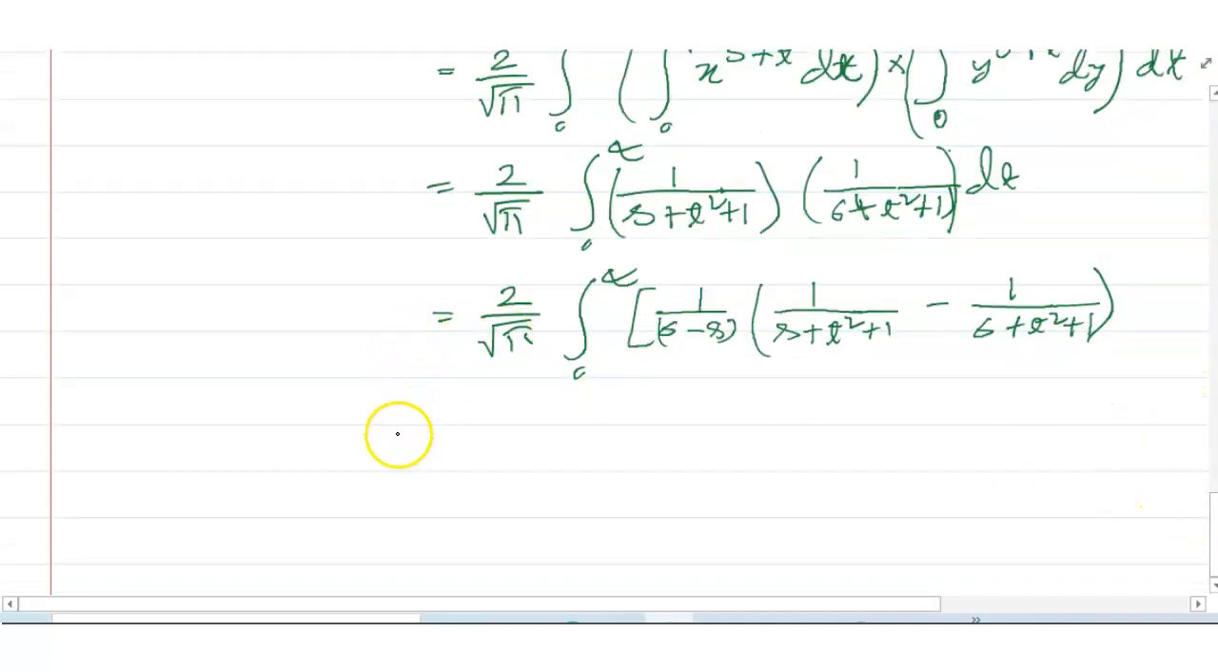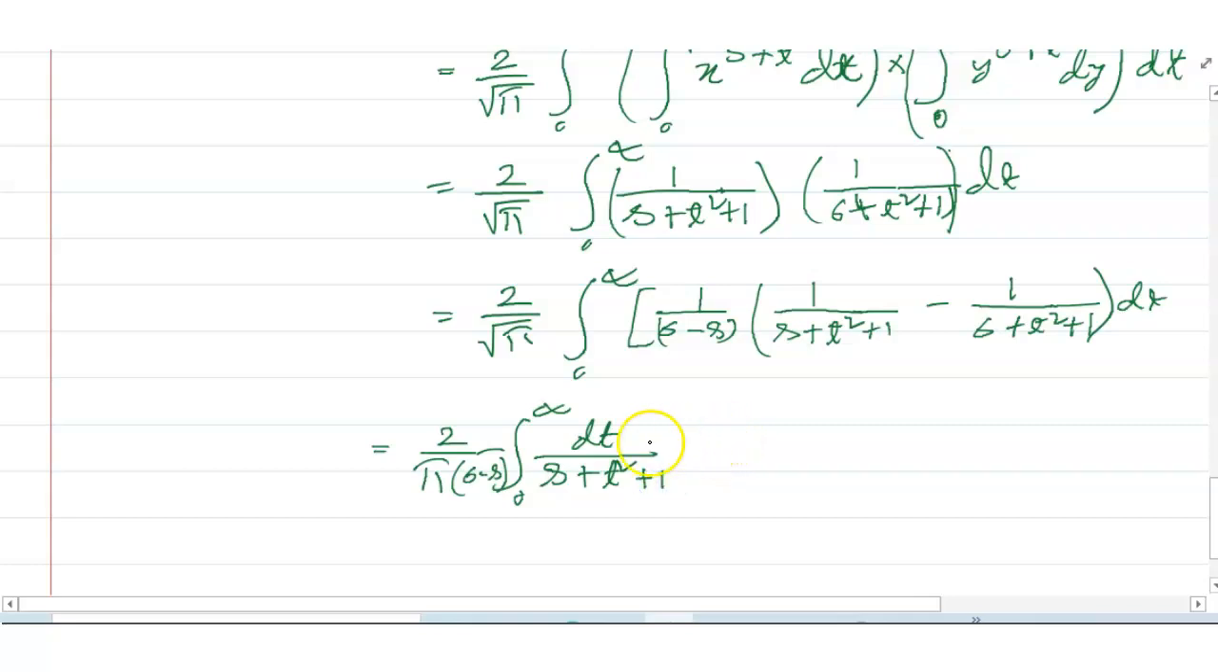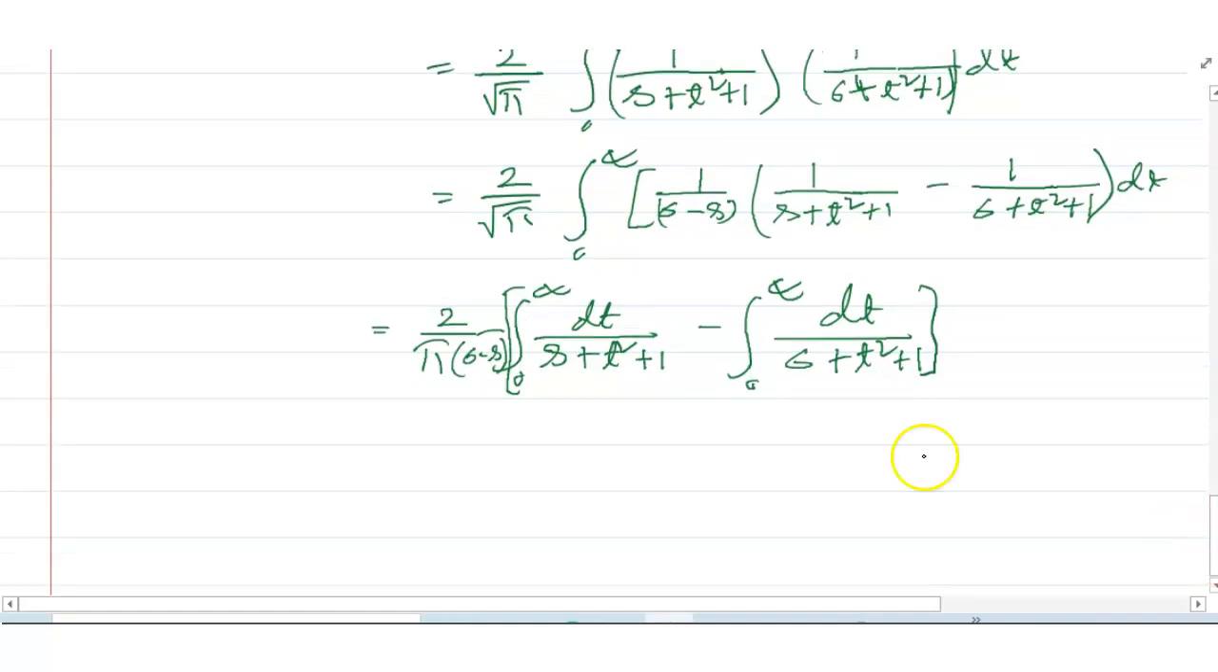So it can be written this way: 2 divided by root over pi, 0 to infinity, I write here sigma minus s, and 0 to infinity dt divided by s plus t square plus 1, and there is a bracket, minus 0 to infinity dt divided by sigma plus t square plus 1, is equal to 2 divided by root pi also. So 2 divided by root over pi